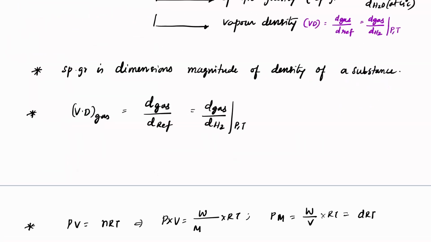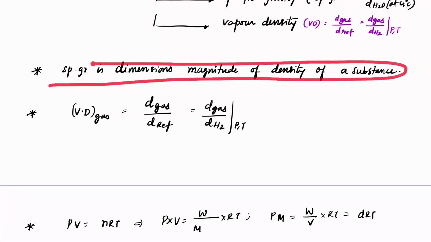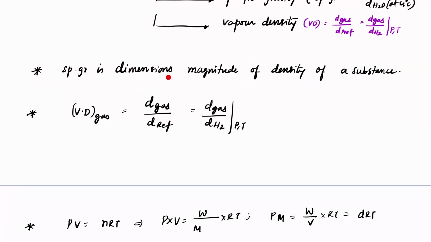So now let's check it out. Specific gravity is dimensionless. It is just the magnitude of the density of a substance. So if it comes to vapor density, it is also dimensionless. Vapor density of a gas is the density of a gas by reference, which is equal to the density of gas